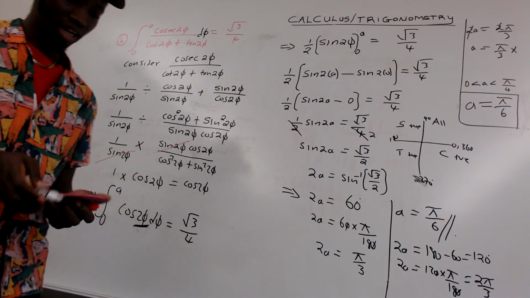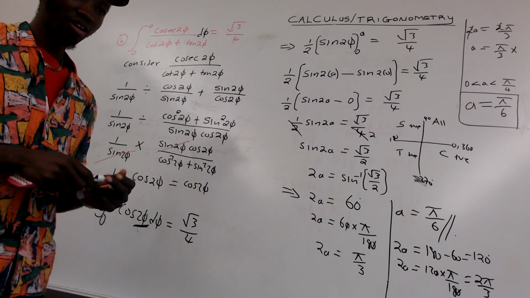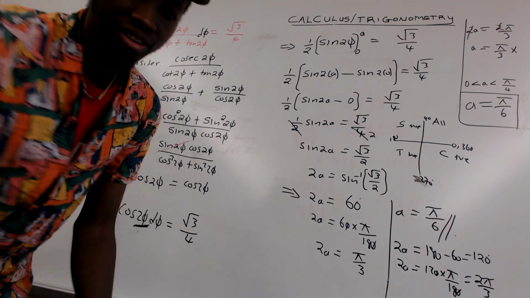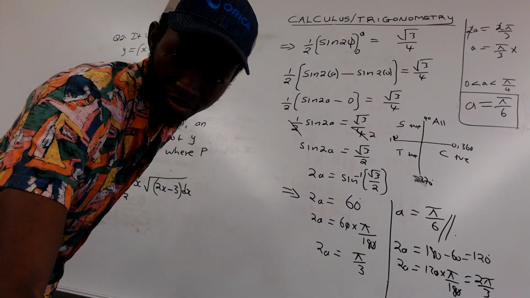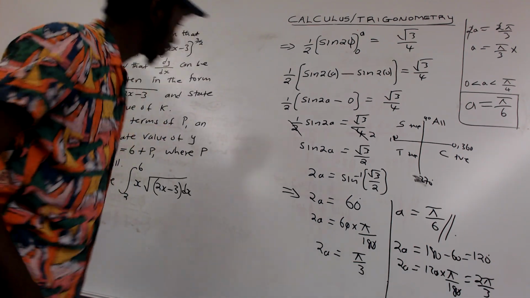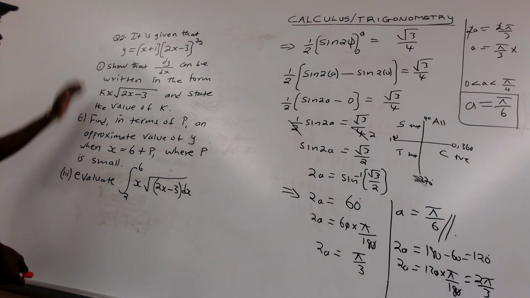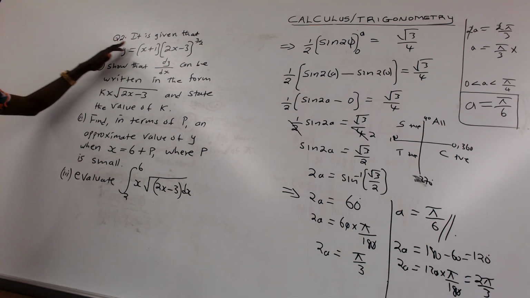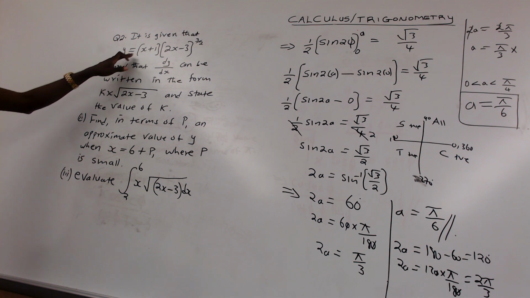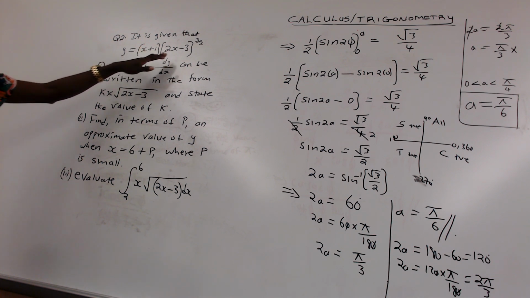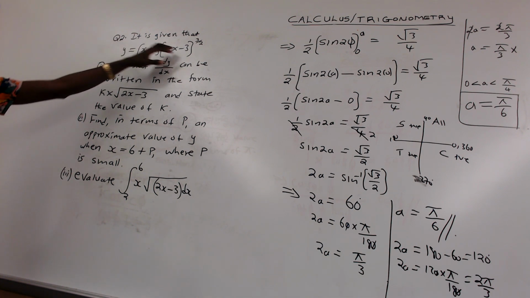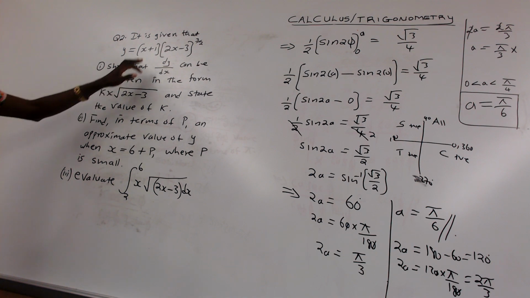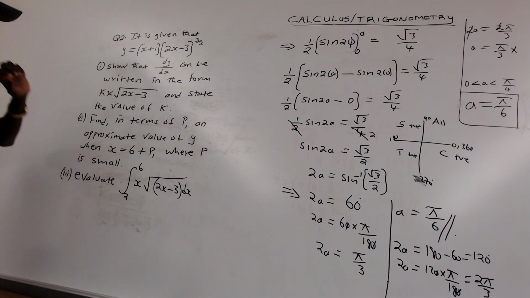So we move to the second part. The second part of the question reads, so we continue with the second question, and it is given that y equals x plus 1 multiplied by 2x minus 3 raised to power 3 divided by 2. So we are given a function to be y equals the product of the two brackets. And what we are required to find